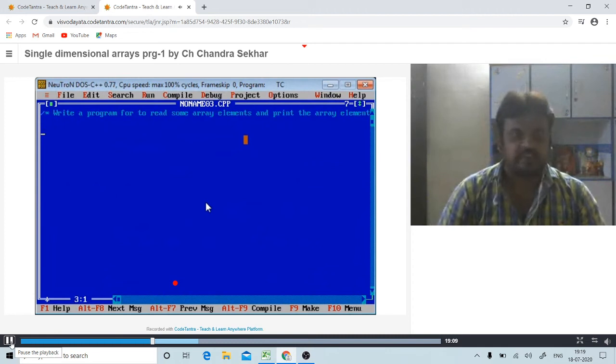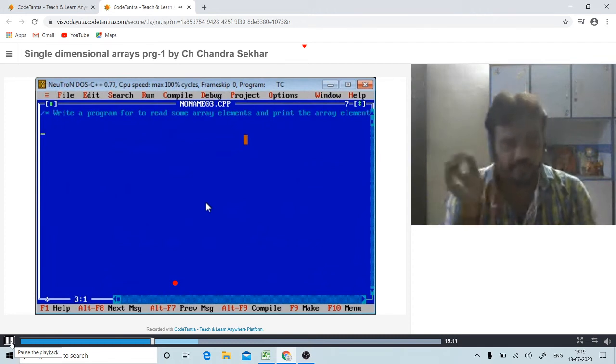So our aim is to read the number of array elements and print the array elements which are divisible by 5 and not divisible by 10.